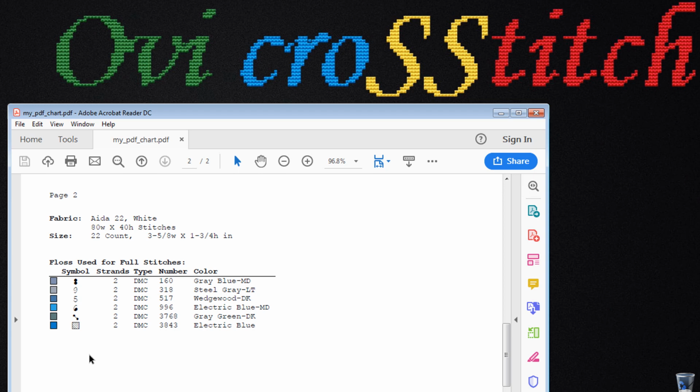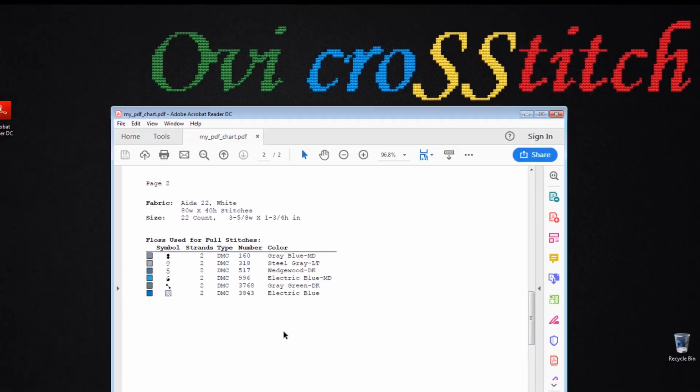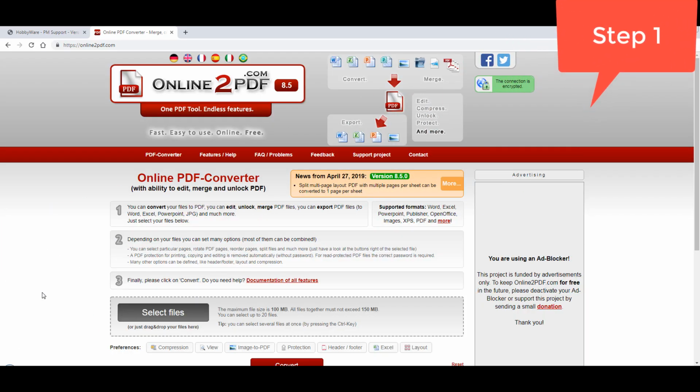But 2 of them are duplicates when transforming them to Unicode characters. I remind you, we don't see their Unicode form now, that's why they are all different and there are no duplicates. I divided the tutorial in numbered steps so you could follow easily. Step 1. Open online2pdf.com website, load your PDF chart by selecting Files,